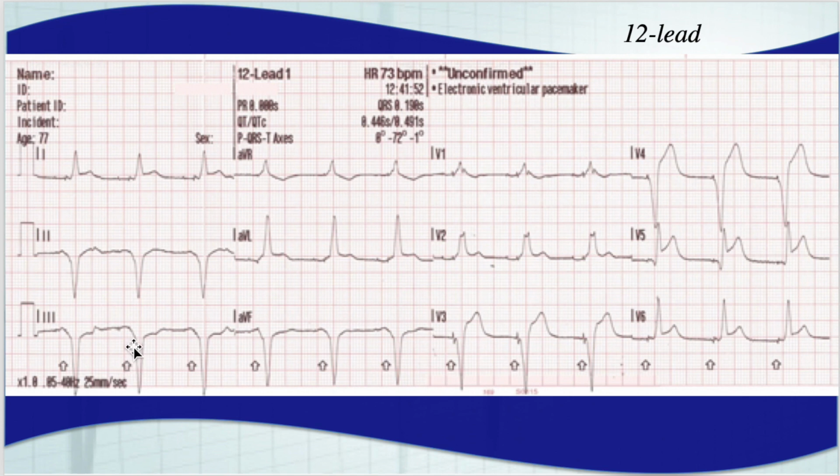And the ventricular paced rhythm is going to have the spikes right before the QRS complex. Of course, the spikes aren't that impressive, you could see some small ones here in V3, because it's a newer pacemaker. So the monitor has gone and identified where those spikes would be with these arrows. So again, let's look for concordant and discordant changes. You should be able to see in leads 1 and AVL,